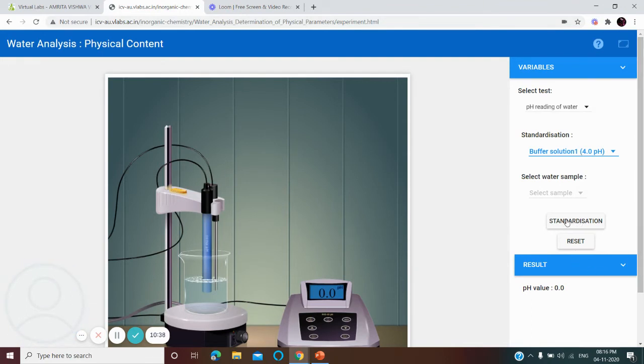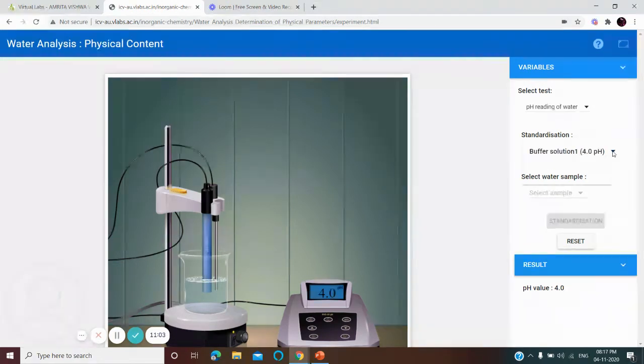You have to click standardization, and in the display of the pH meter you can see 4. For the 4 pH buffer, pH is 4. Here, in the beaker, you have to keep the buffer solution.